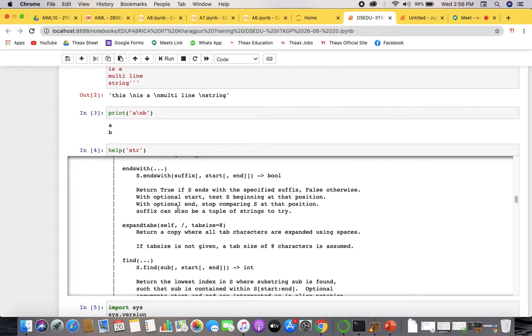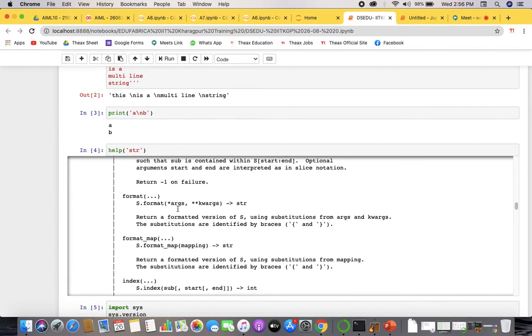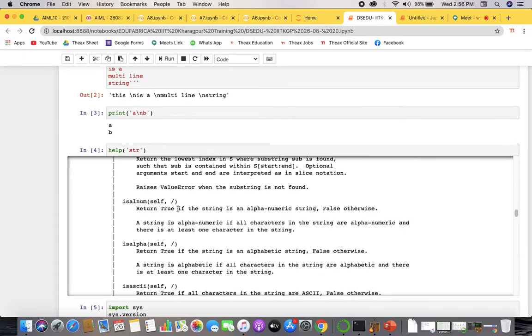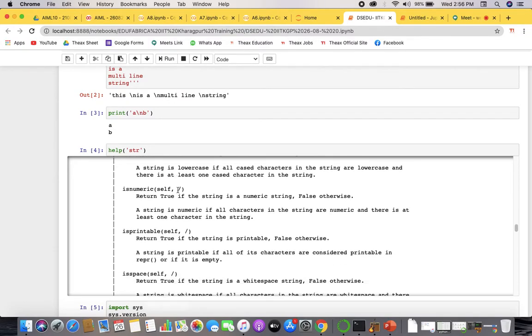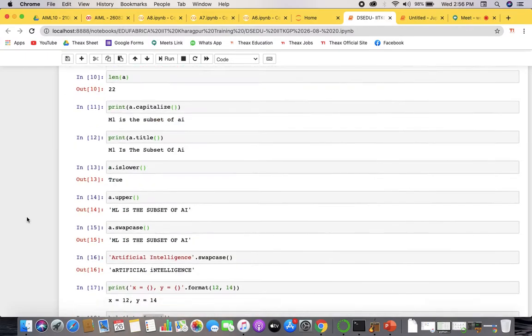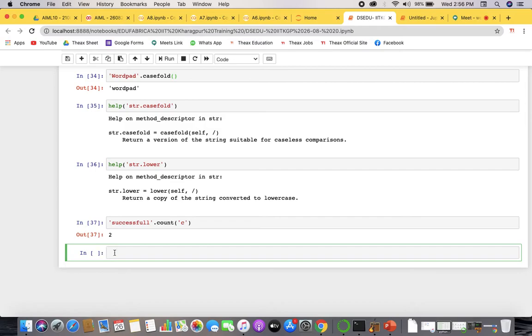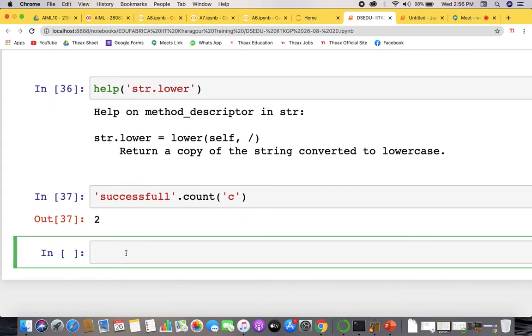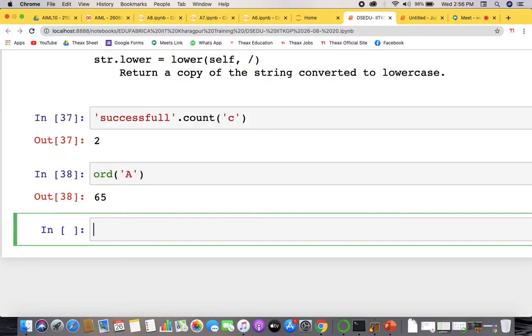Center, endswith, find, format have been done, then isalnum, isalpha, isascii and all such. Not much is left. If you want to find the ASCII code of any string, you just use ord and pass the string, and you will get the ASCII codes.